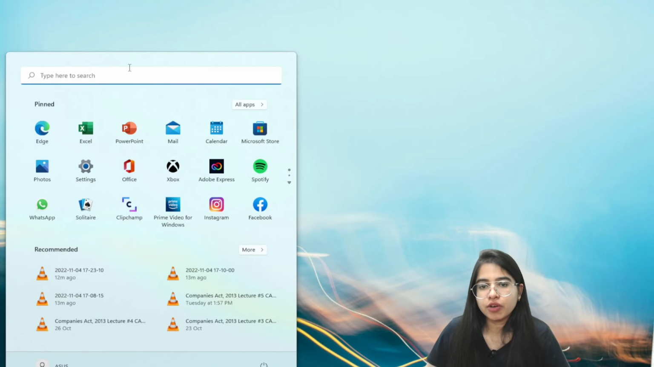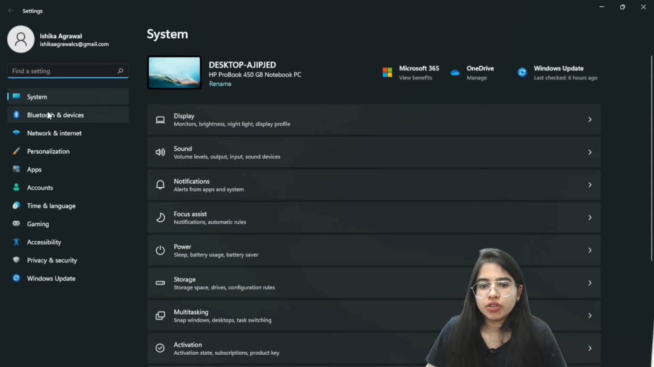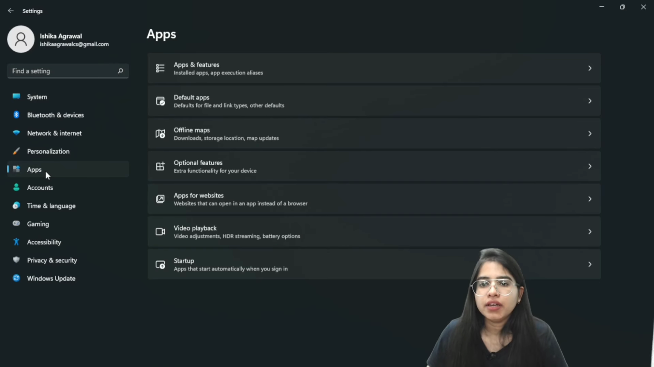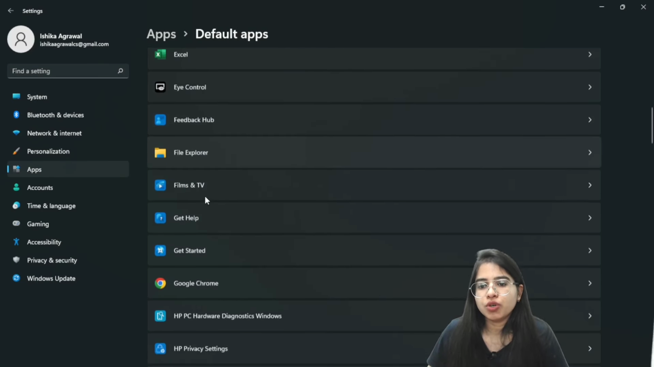So you can click on Windows, and click on settings. Once you click on settings, the settings will appear. Here in the settings, go to apps. In apps, go to default apps. In default apps, when you go here, select